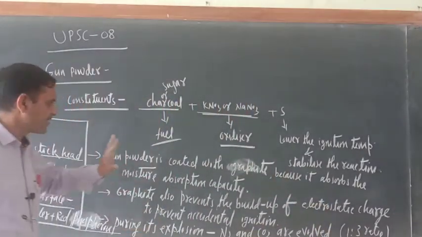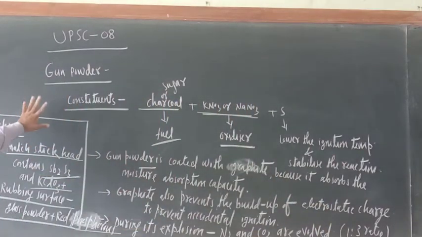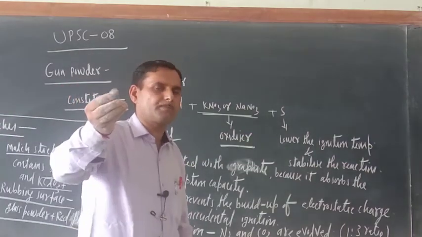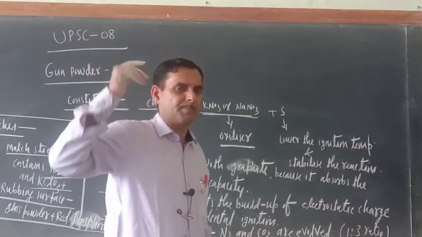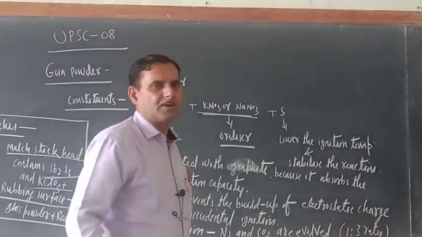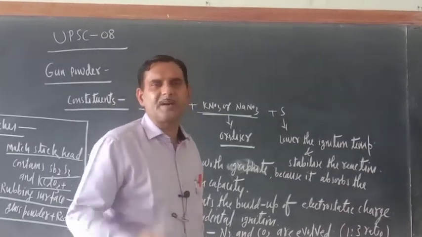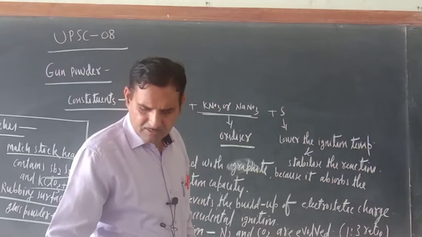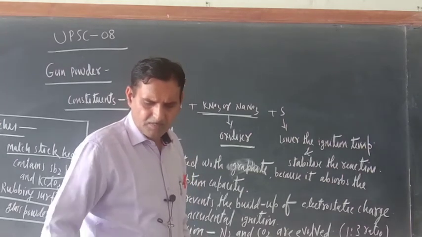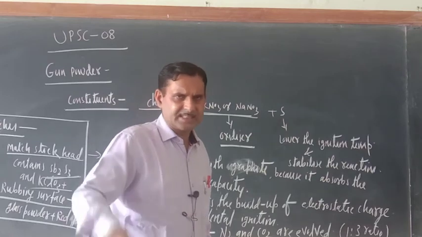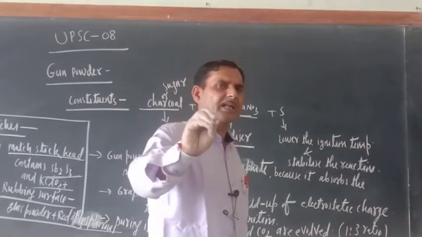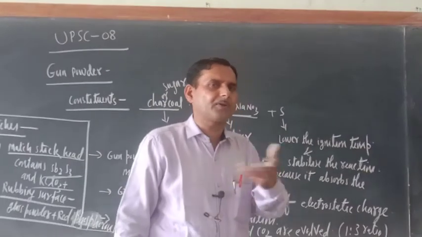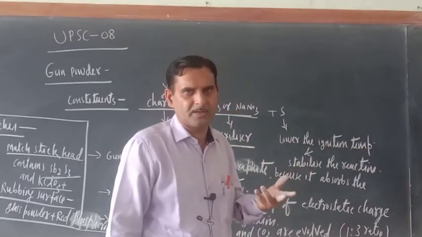In this way your gunpowder is also completed. Now in this chapter some small topics are also there. Plastics, and next one is cement. Cement I already covered in the 11th class. Plastics are there, paints are there, fibers are there, fertilizers are there. These are small things, and like fertilizers, in the nitrogenous compounds I told you so many things about that.